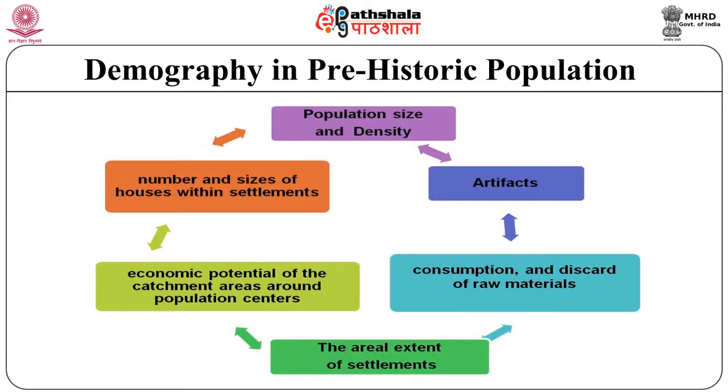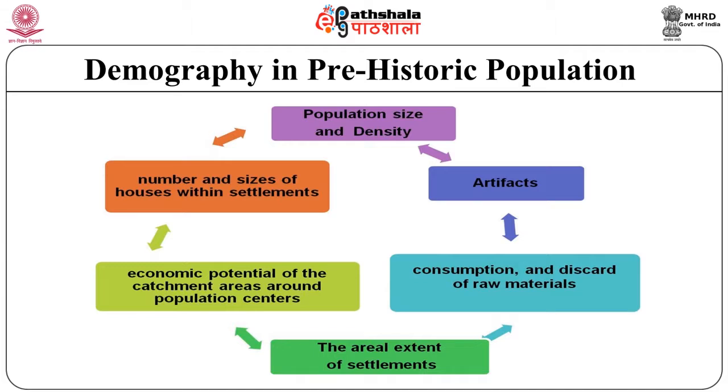Finally, other partial civilizations developed around pottery and primitive farming from 12,000 BCE in Japan and 8,500 BCE in the African Sahel. When we come to population size, a disparate range of archaeological evidence, including the number and the size of houses within settlements, the areal extent of settlements, the economic potential of the catchment areas around population centers, and various measures of the exploitation, consumption, and discard of raw materials and artifacts can be used as proxies for estimating